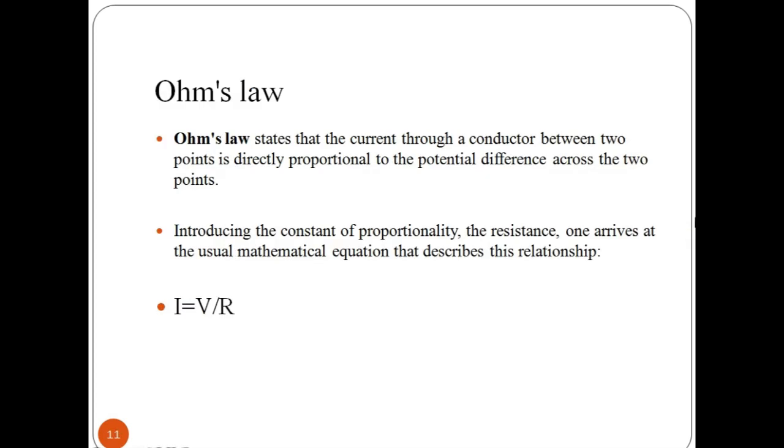The relation between current and voltage is defined as Ohm's law. It states that the current through a conductor between 2 points is directly proportional to the potential difference across the 2 points. As an equation, this serves as an algebraic recipe for calculating the current if the electrical potential difference and the resistance are known. Yet, while this equation serves as a powerful recipe for problem solving, it is much more than that.